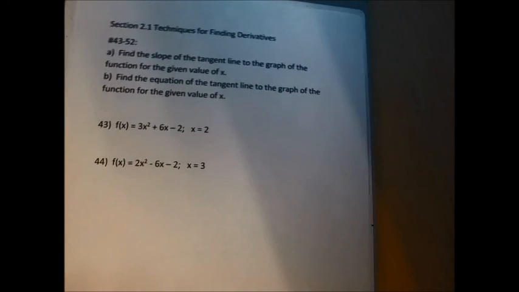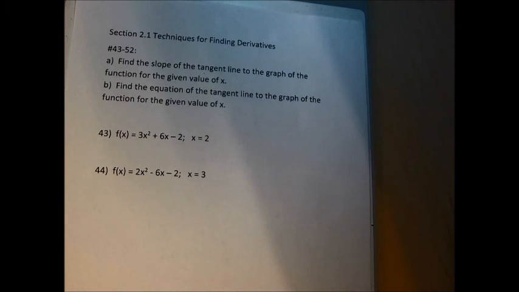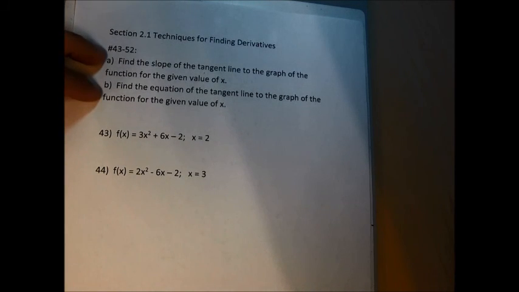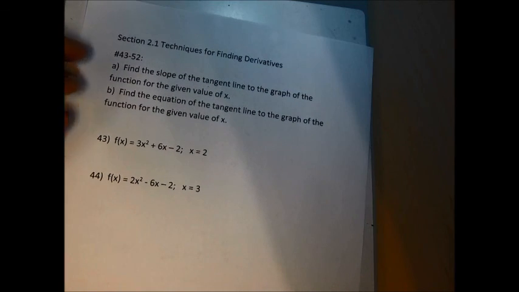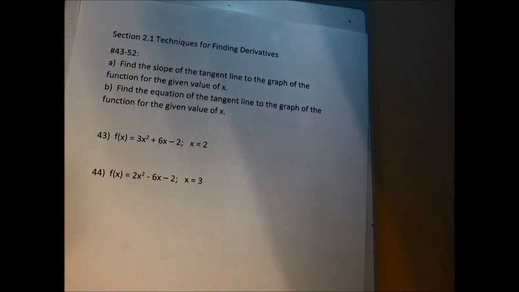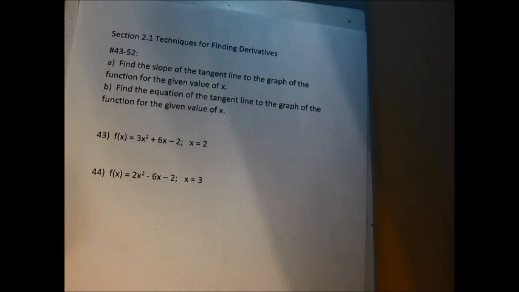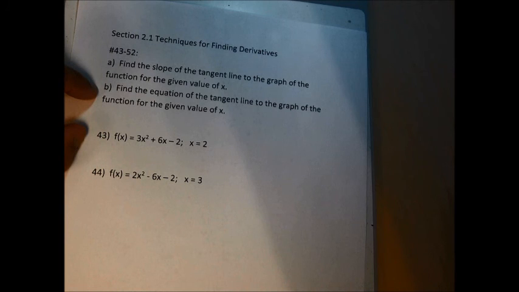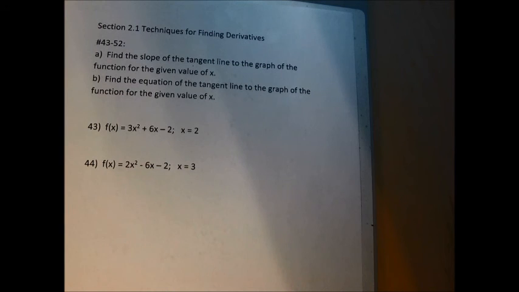These are good. So there's a part A and a B. I maybe should have written a part A, B, and C, because for each of these you're going to have to take the derivative. So part A says find the slope of the tangent line, and to find a slope of the tangent line you take the value of x and plug it into a derivative. To find an equation of a tangent line we need a point and a slope, and we'll work on getting that here. So for each of the problems between 43 and 52 we're going to start off by finding the